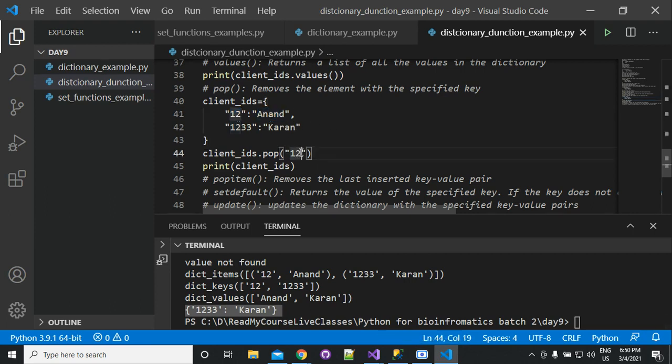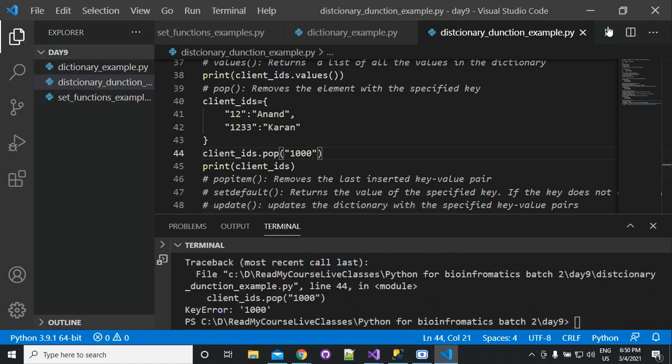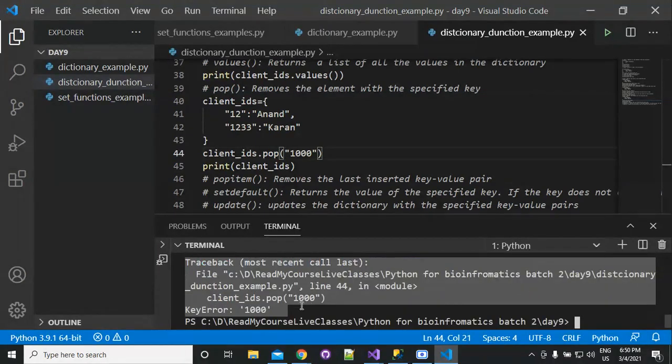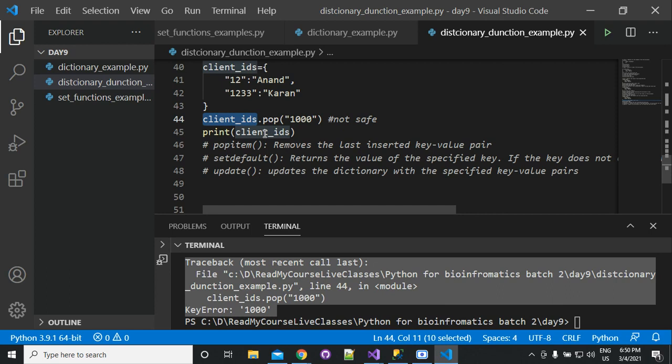Now what will happen if you pass 100 here? It will give an exception. So this is the pop method. If you still want to use this pop method, what you can do?